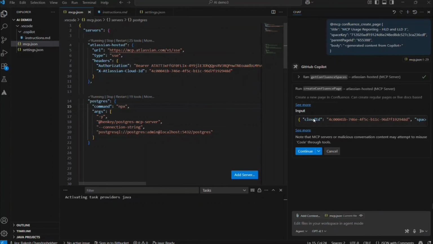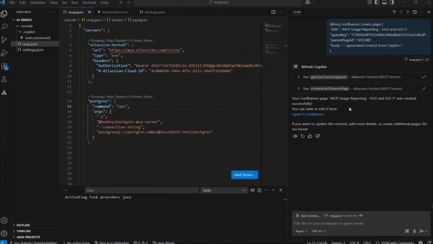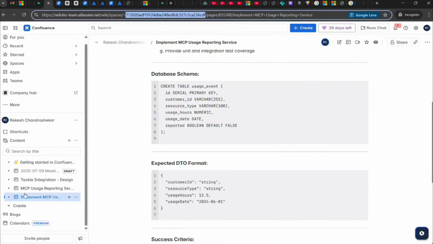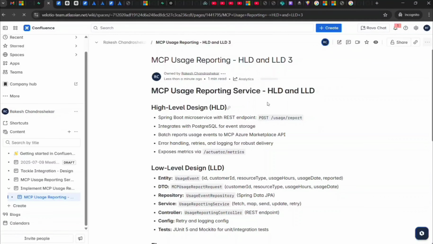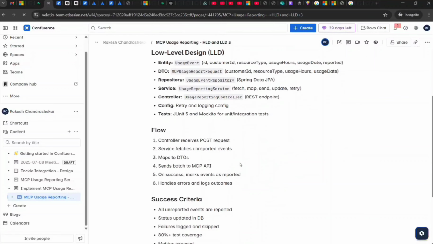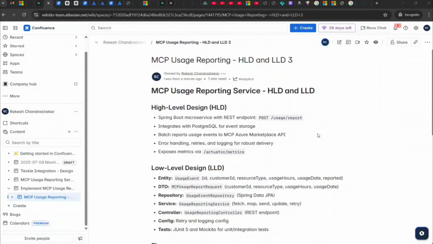The command ran successfully, and it is asking me to click continue, and it started working to create a new Confluence page. Created successfully. If we go back here and refresh, and boom, we have the high level design document created with all of the information: the flow, success criteria, REST endpoints, and all